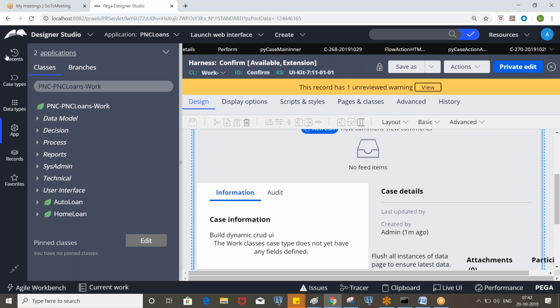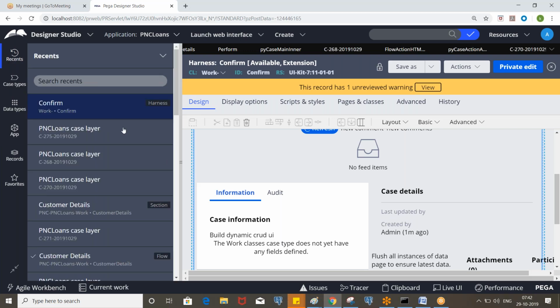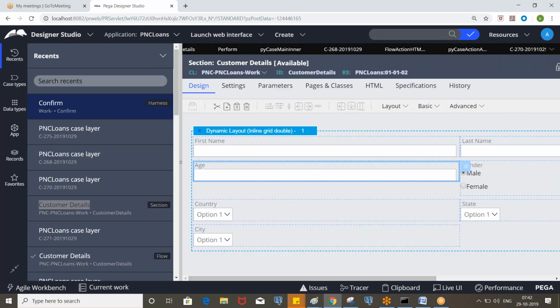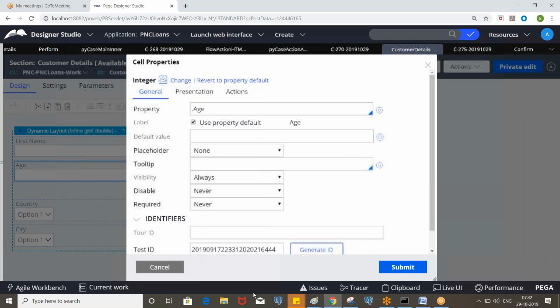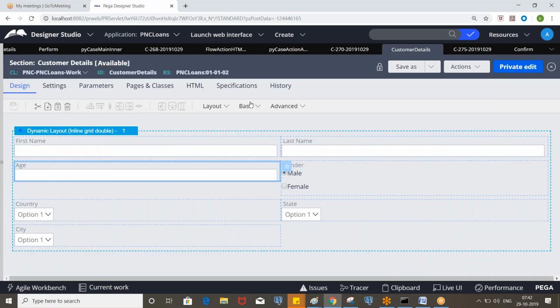You can do that. So let's take the customer details section. In some cases, on click of a button we launch the harness, and inside that harness we will put the sections, and we can make that read only.